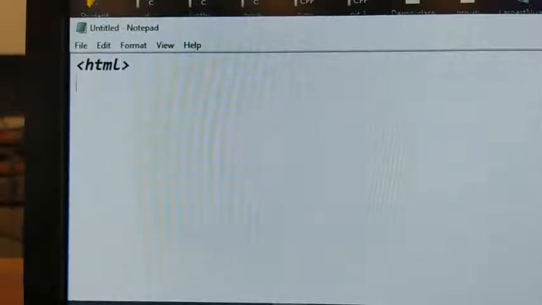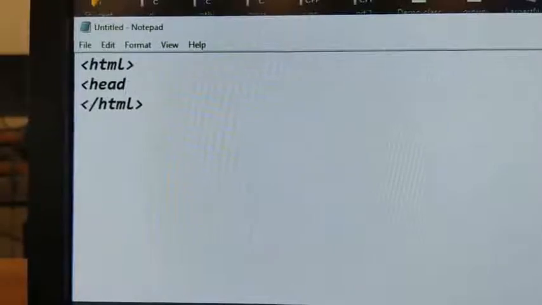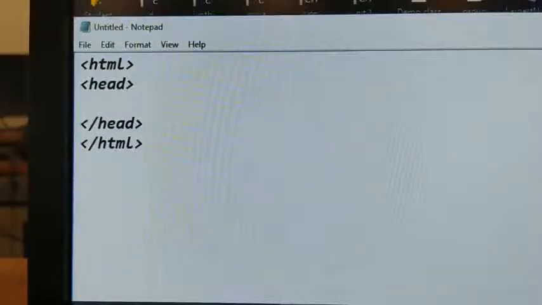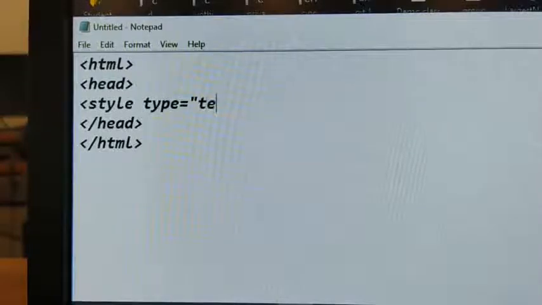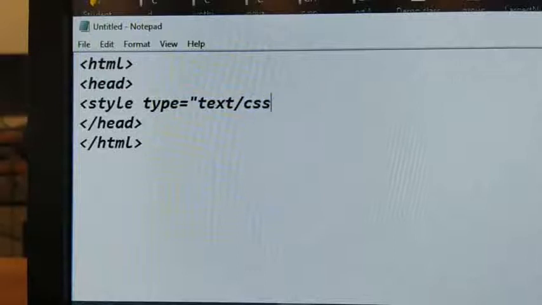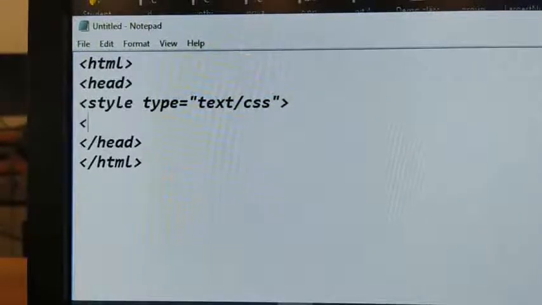Now I am writing the HTML opening tag and HTML closing tag. Next, inside the HTML opening and closing, give the head tag and close the head section. Next, between head opening and closing, you can include the style information: style type equals text/css. Next, close the style tag.